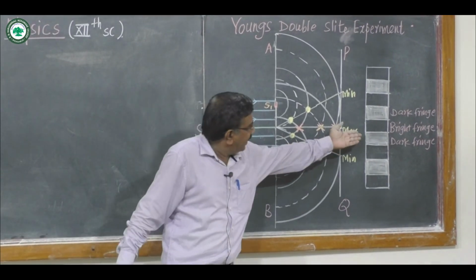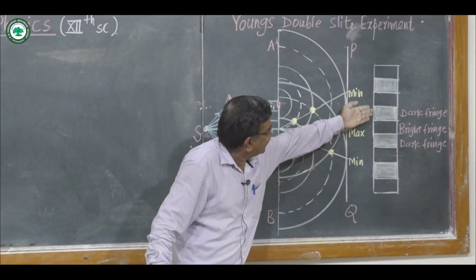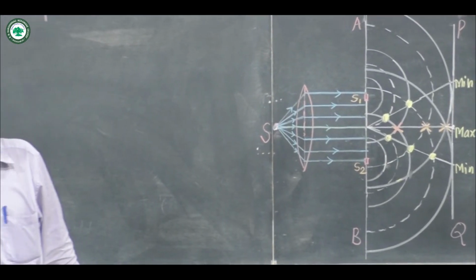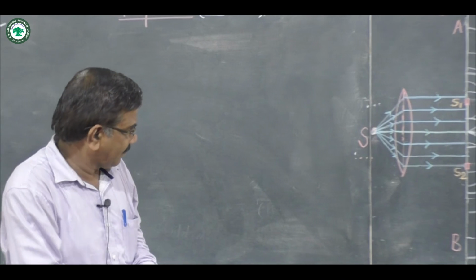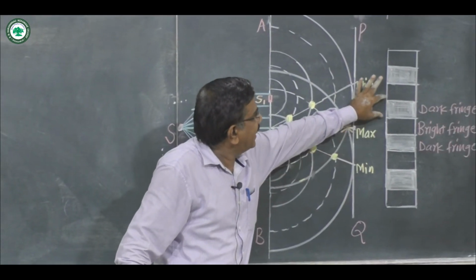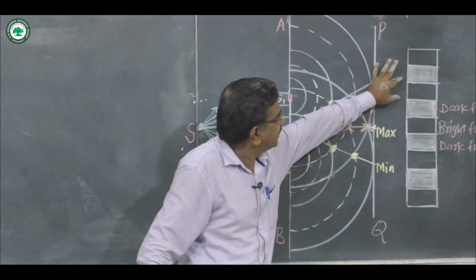In this way, alternate bright and dark fringes are observed on the screen. This is a bright fringe, then a dark fringe, again bright, dark,